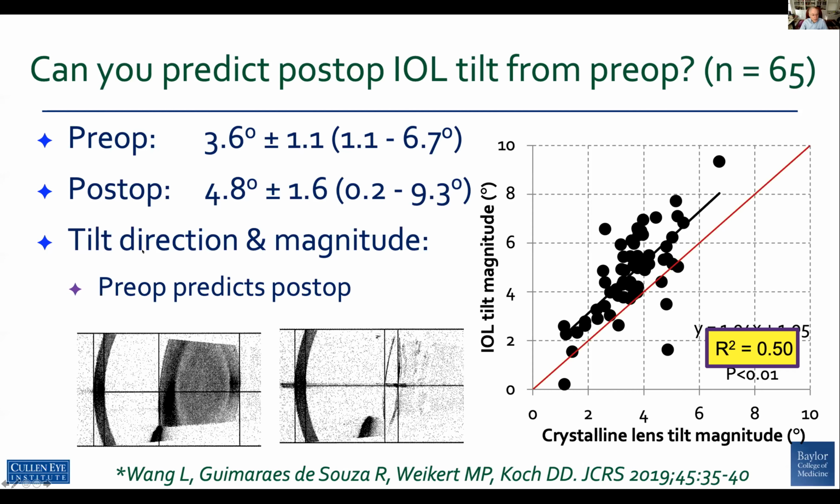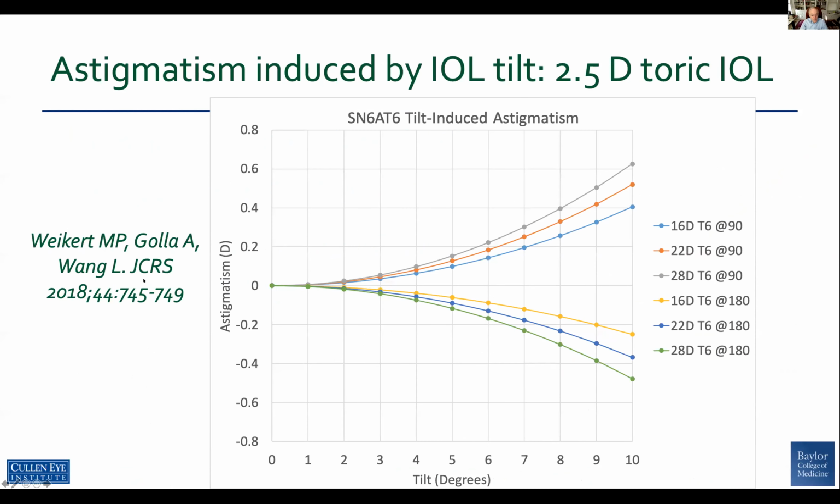So Mitch Weichert, my partner, and Li Wang did a very interesting study using Zmax. And here is one of the data points they showed. Let's take a 2.5 diopter toric IOL, which would be a T6 if you're talking Alcon. And let's tilt it. If it's tilted the normal 5 degrees, the amount of astigmatism that it induces is about 0.1 diopter. And it also depends on the power of the IOL, by the way. But if you tilt it 9 degrees, like one of those other eyes, it creates up to 0.6 diopters of